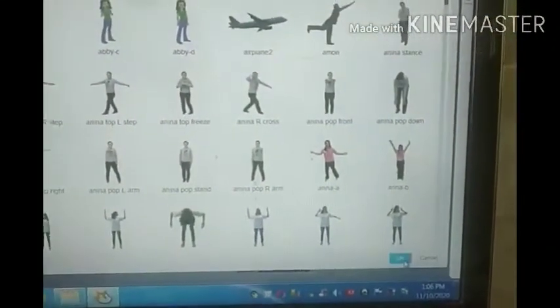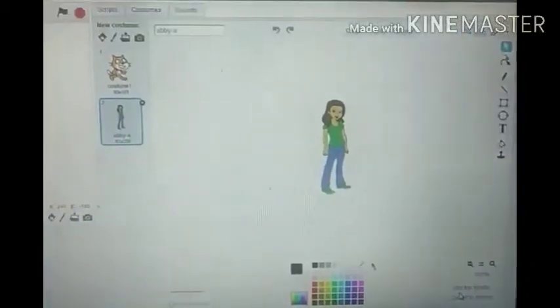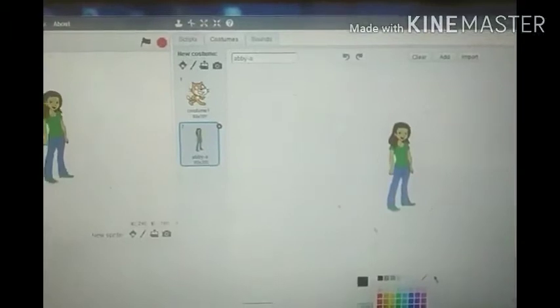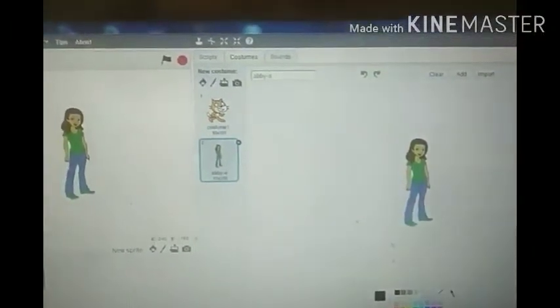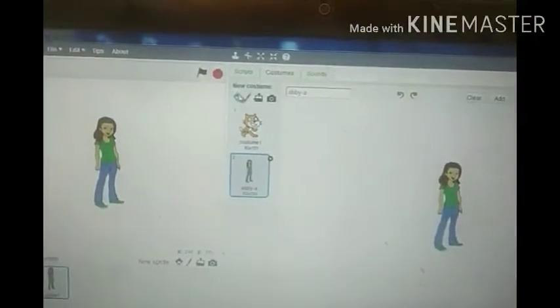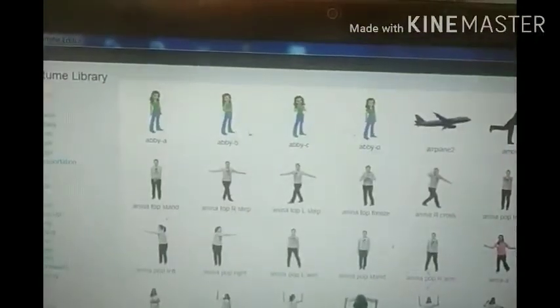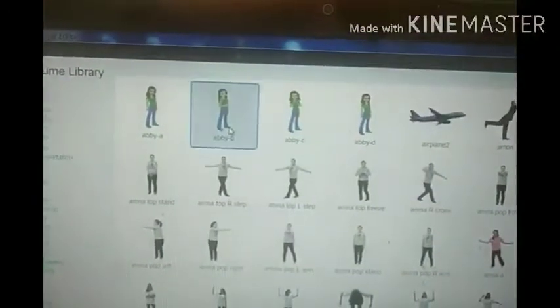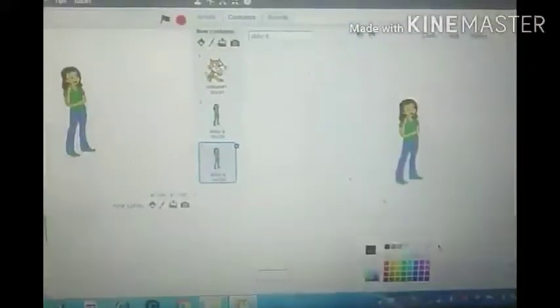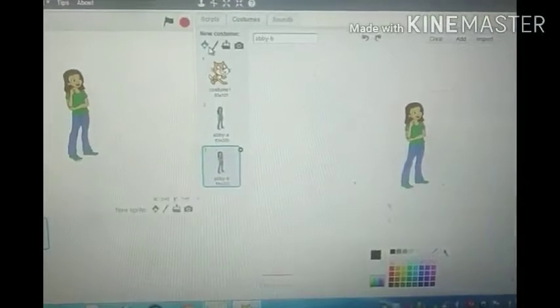Click on the OK button and it will be added to our sprite. We can add more costumes as well. Click on new again and select the second one, B. Click on OK. B option is added. Click on C and so on. Like this we can do.